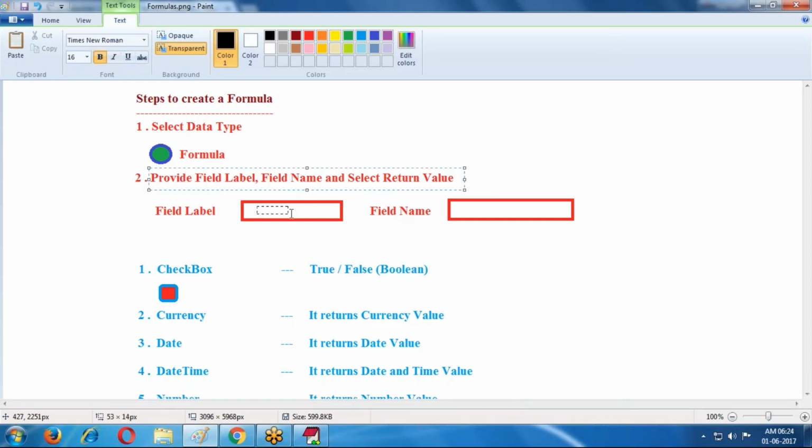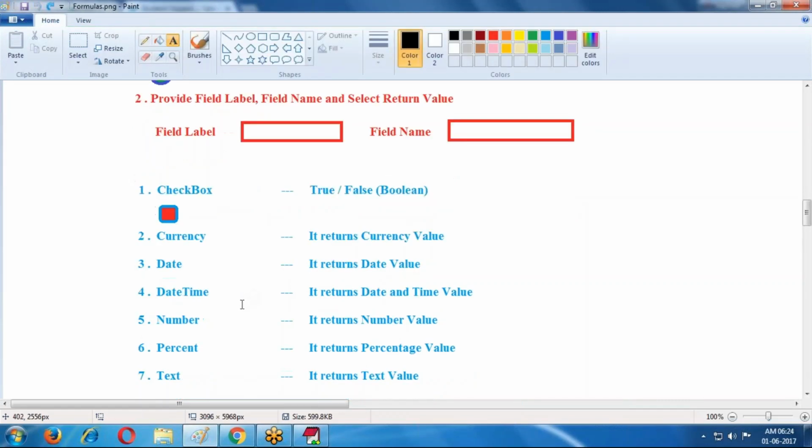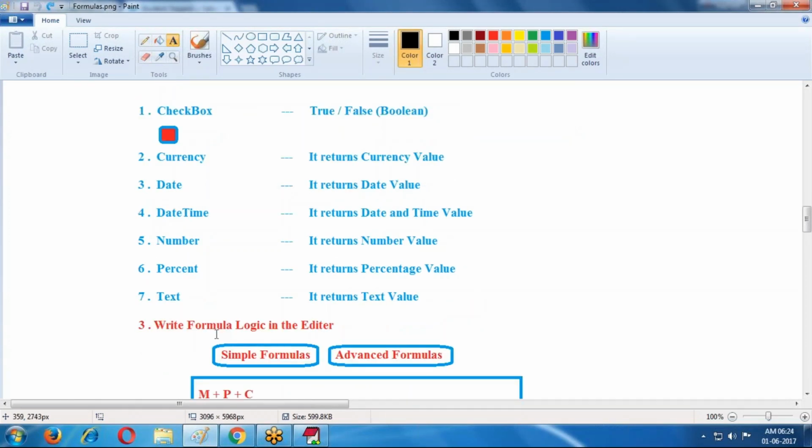The field label is displayed on the detail page. The field name is for internal purpose; if you want to use it in another function, you can use this existing field. Then select the return value, whether it is a checkbox, currency or date, whatever type of data is required.